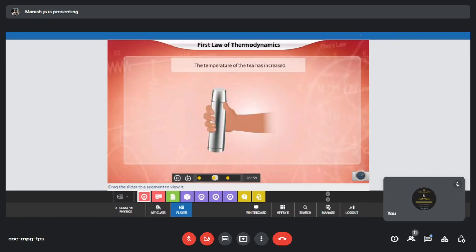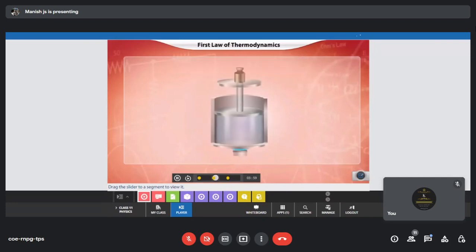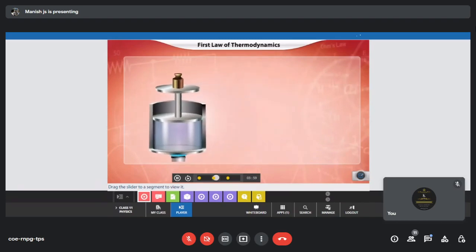Surprised? Let's understand this with the help of the first law of thermodynamics. We know that any bulk system consists of a large number of molecules. The internal energy U of a system is the sum of the potential and kinetic energies of the molecules of the system in a frame of reference relative to which the center of mass of the system is at rest.